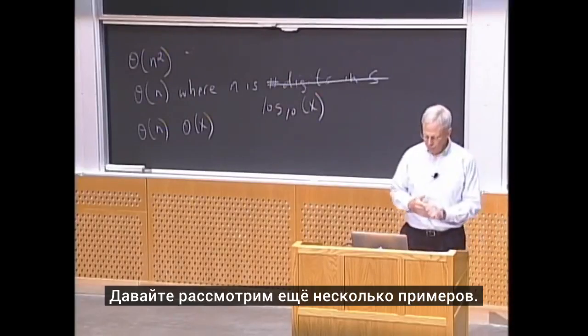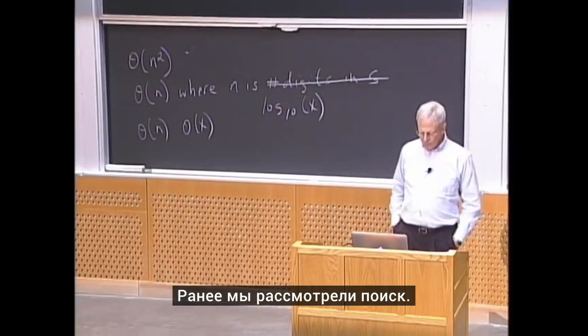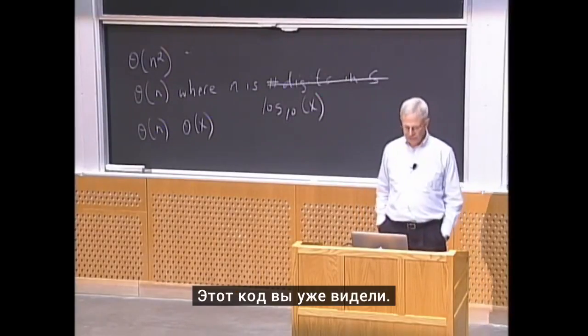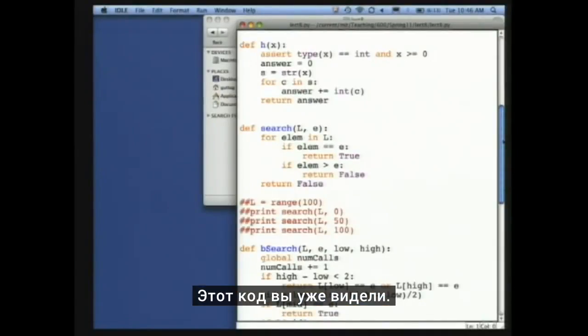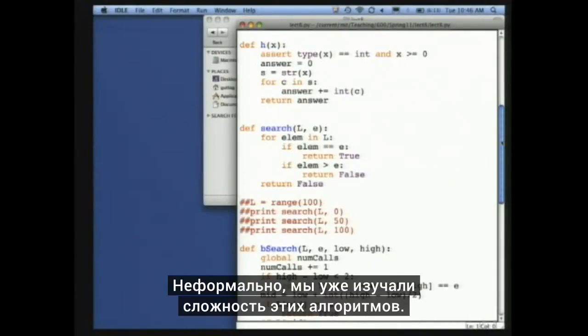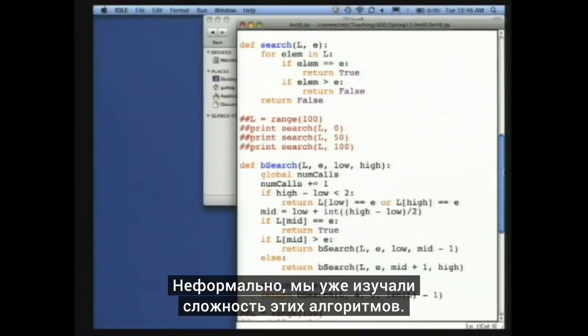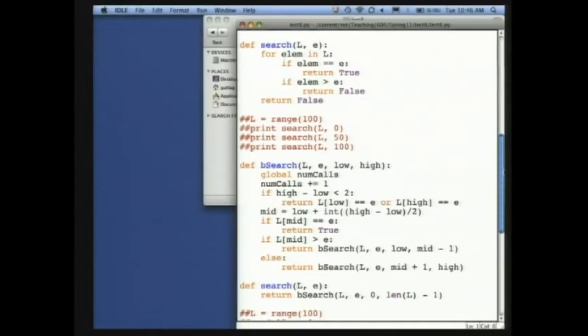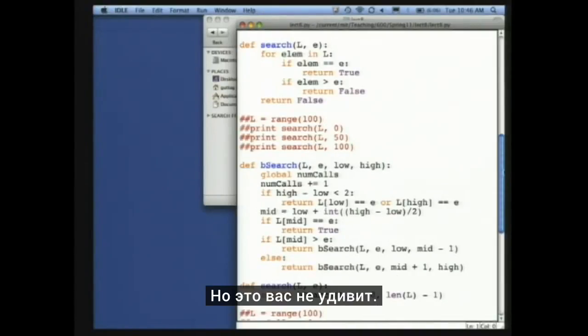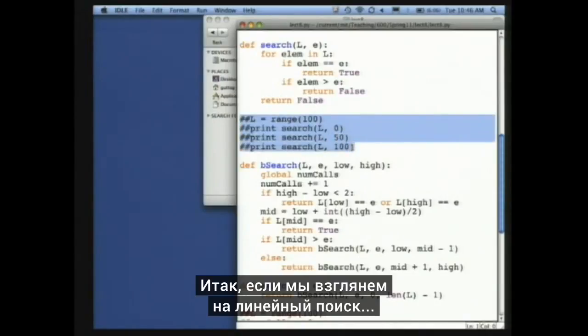Let's look at some more examples. So we've looked before at search. This is code you've seen before, really. Here's a linear search and a binary search. And in fact, informally, we've looked at the complexity of these things before. We can run them, and we can see how they will grow, but it won't surprise you. So if we look at the linear search,